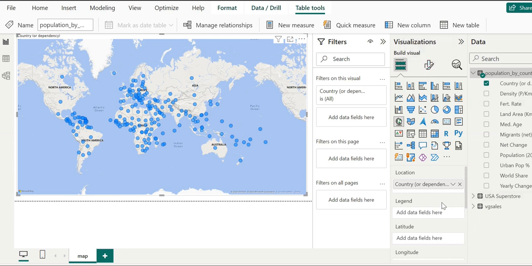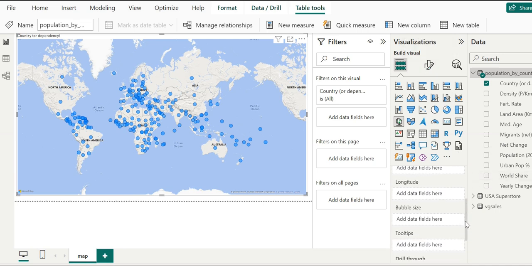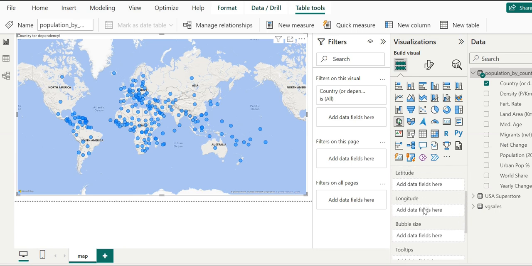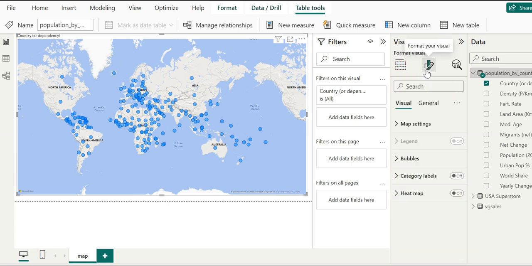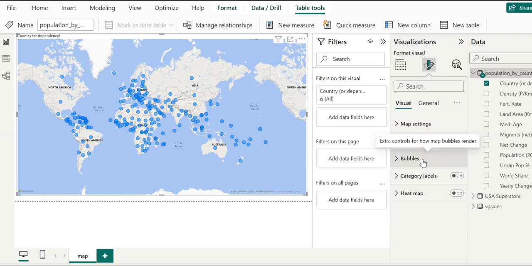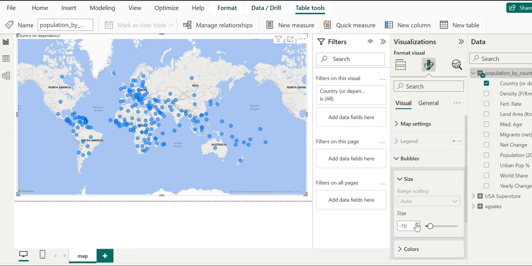If we want to increase or decrease the size of a bubble, we can go here, to the map settings, or in bubbles, where there is a size which we can increase or decrease.